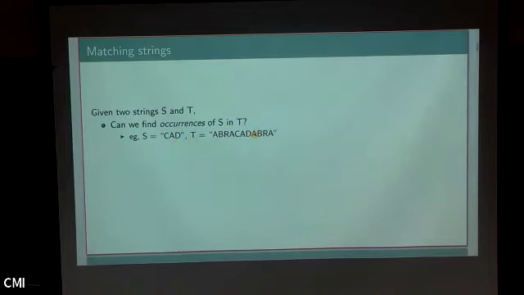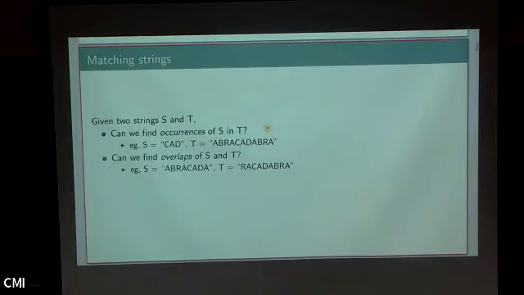The other task is the one that ChIP-seq, RNA-seq and all that would do. You have reads and you have a draft human genome. You take the read and map it to the human genome. Where has it come from? So that's a version of this problem, except T is very, very big. And the other problem would be